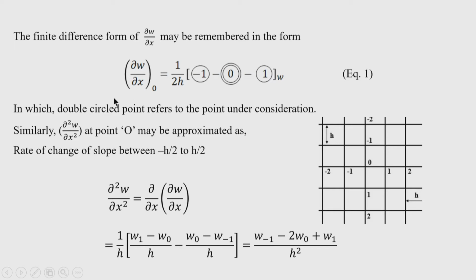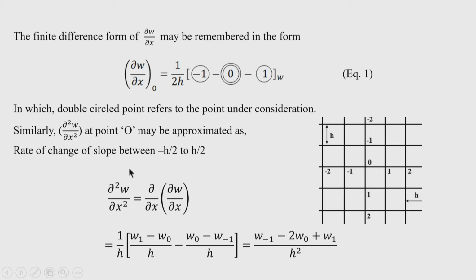Okay. Similarly, the second derivative, that is the curvature at point O, can be calculated approximately. I have used the word approximated because the finite difference equations are approximate equations. So, these values are approximate. Okay. So, similarly, second derivatives are calculated. The second derivative is nothing but the rate of change of slope between the center of this side, say O minus 1, and the other center, O to 1. So, between those two points the curvature is calculated.